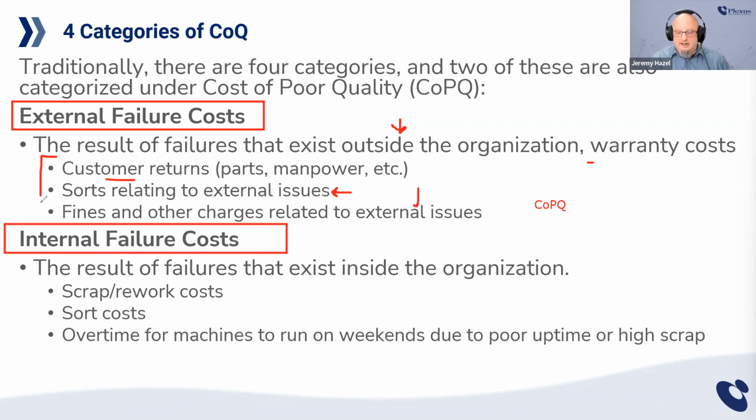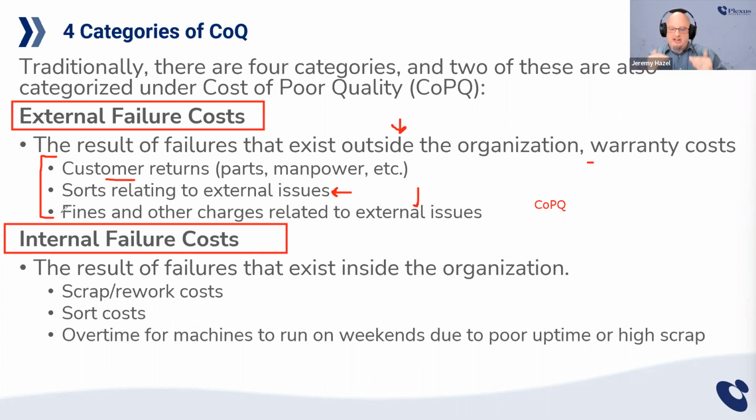The great unifier here is cost of poor quality from an external perspective is anything you incur because something got out. Now, that doesn't just include the cost of the part. If you have to get on a plane and you have to go apologize, the cost of that plane ride, the hotel, all the travel costs wrapped up are still part of the cost of quality. For those that are attending, cost of quality is not the cost of the quality department.